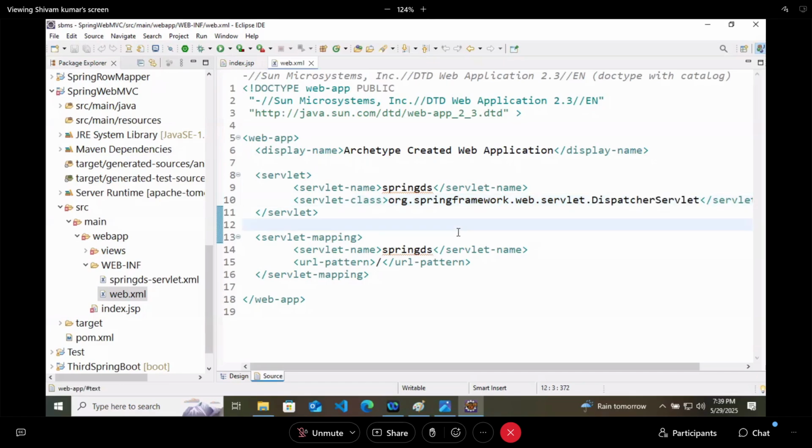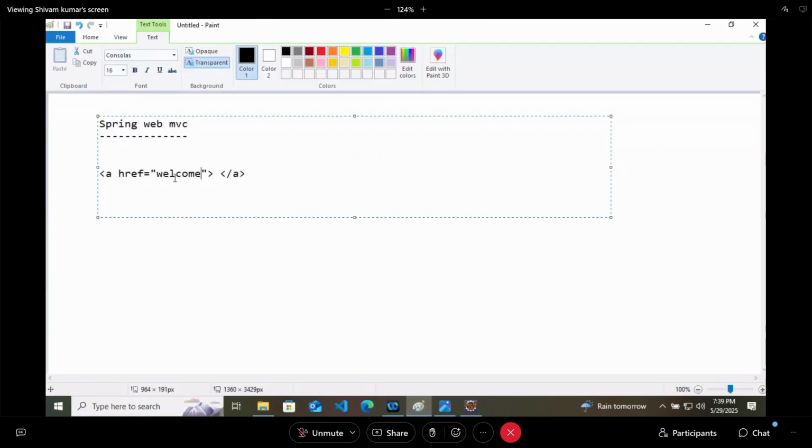And we have mapped the Spring DS, meaning our servlet, to a URL pattern that is slash. It means if you are sending one welcome request, it will go by slash welcome. If your URL pattern is slash abc slash, then the request will go like this: slash abc slash welcome. But right now we have just defined slash, meaning our request will go by a slash.